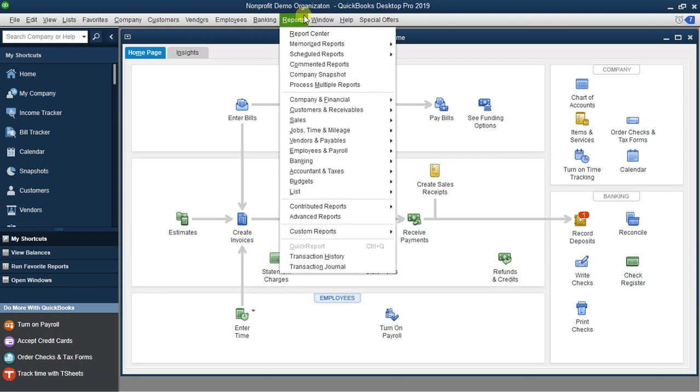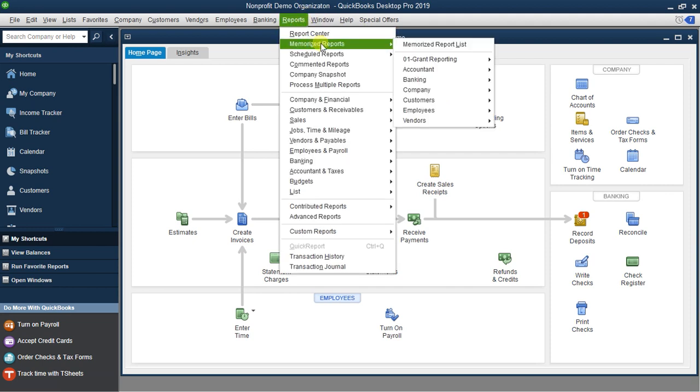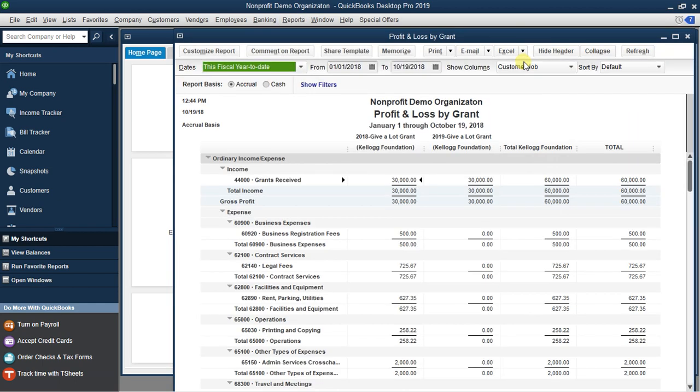Now we'll go up and look at our reporting. Going to my memorized reports, I've created a list called grant reporting, or a category of grant reporting. I like to create my own categories, and I like to put a numeric in front of them, takes them to the top of the list, and makes it very plain that those are the ones that I've recorded. I've called it profit and loss by grant. And you can see that the 2 grants show up